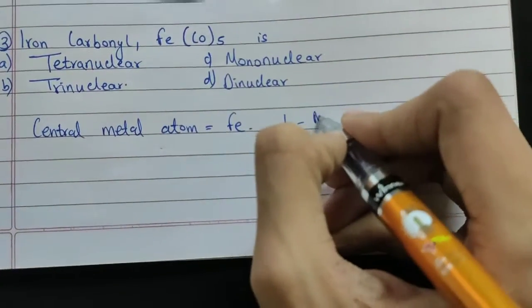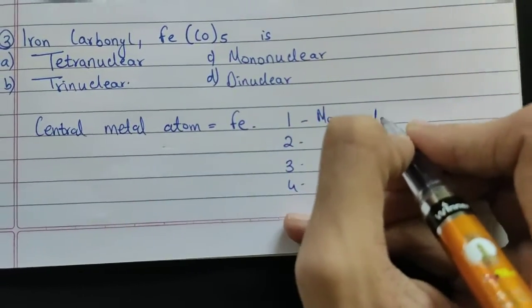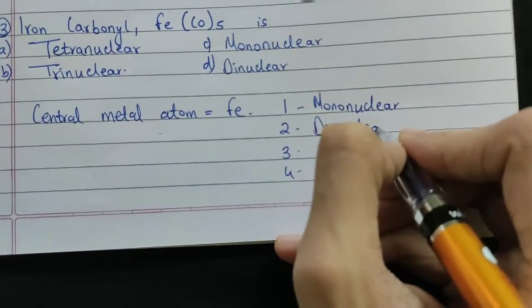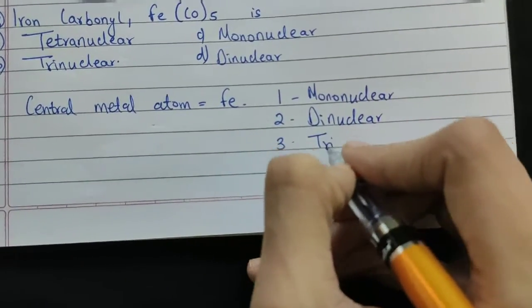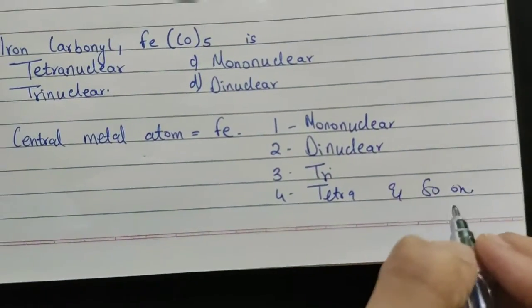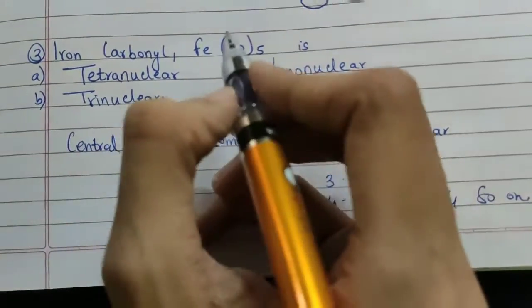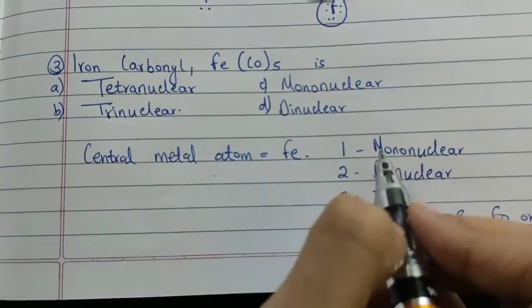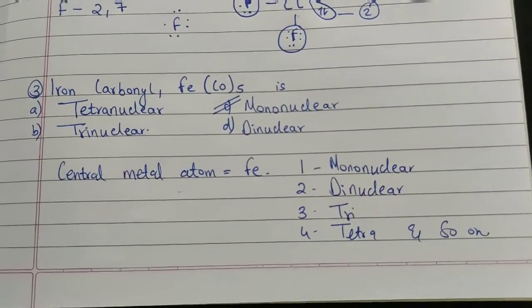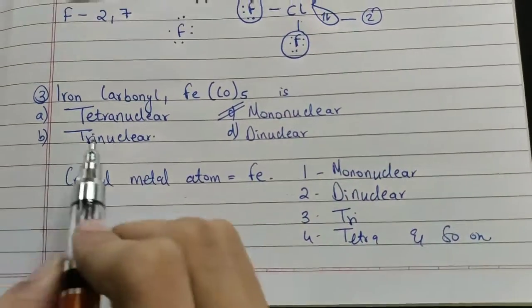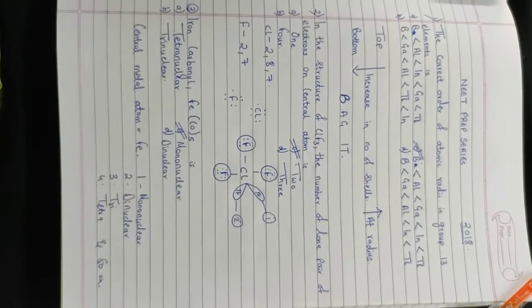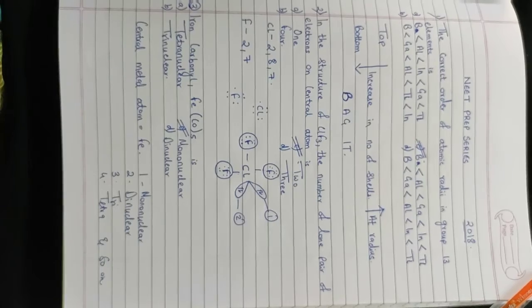Now if there is only one central metal atom, you call it mononuclear. 2 is dinuclear, 3 tri, 4 tetra, 5 penta, and so on. Many of us commit a simple mistake here. We take into account the 5 from carbonyl and put it as pentanuclear. But it is mononuclear because you need to take into account the central metal atom. There is only one metal atom, Fe, present. So that is how you get this as the answer, and this is the entire thing which we've done.